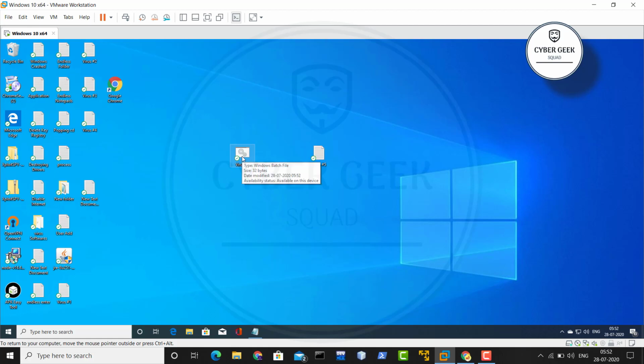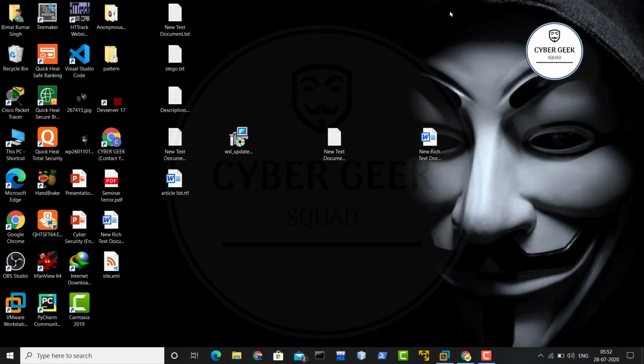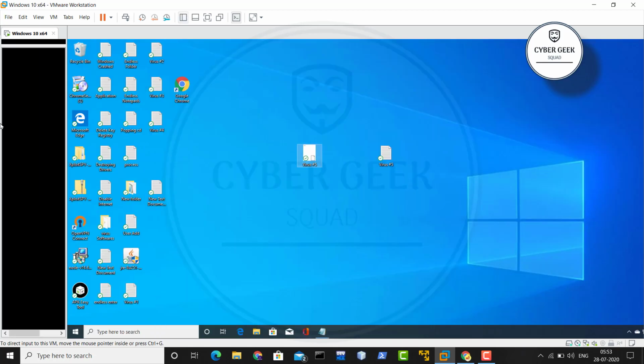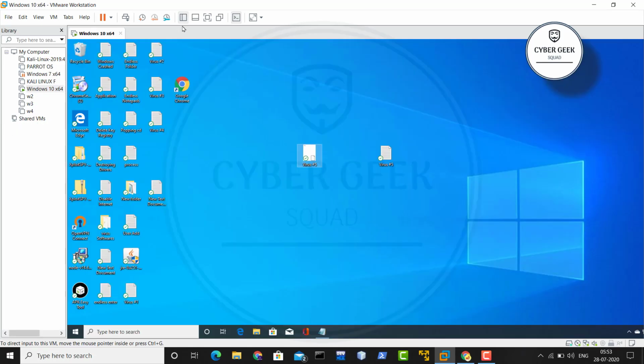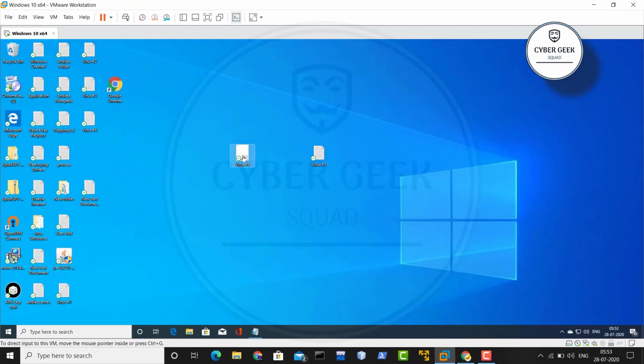Before I execute this one, let me tell you guys, I am on my VMware Windows, and I do not want you to come and execute this on your actual Windows, which I am not doing. And if you're watching from the beginning, you already know that there are certain scripts which you should not execute at any cost, right? So please do not do that, and please do it on your VMware. Even if you do not want to compromise your VMware, make some separate copies, just like I have done for this series for trial and error, so that you can also practice along, right? So let's execute this one.